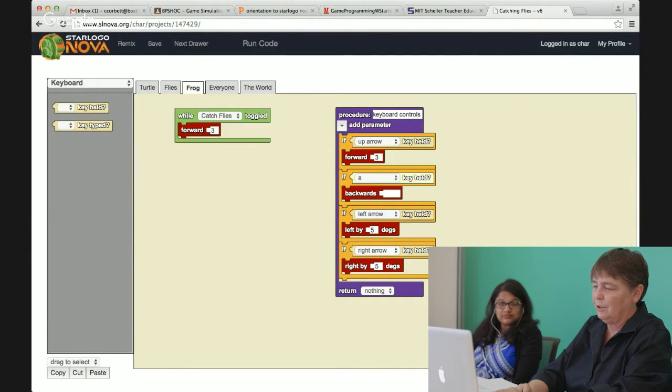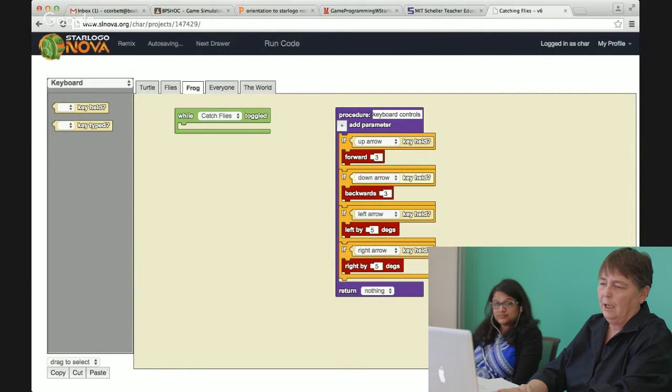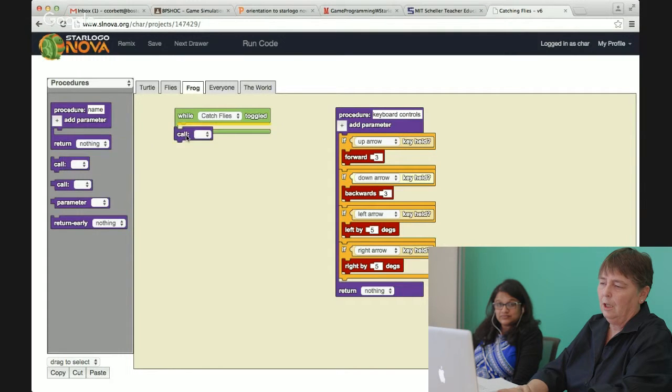We could say turn around 180 degrees, but that's not what we want to do. Get rid of the forward by throwing it in the trash, going to the keyboard and selecting procedure and call keyboard controls. Now save, run code,